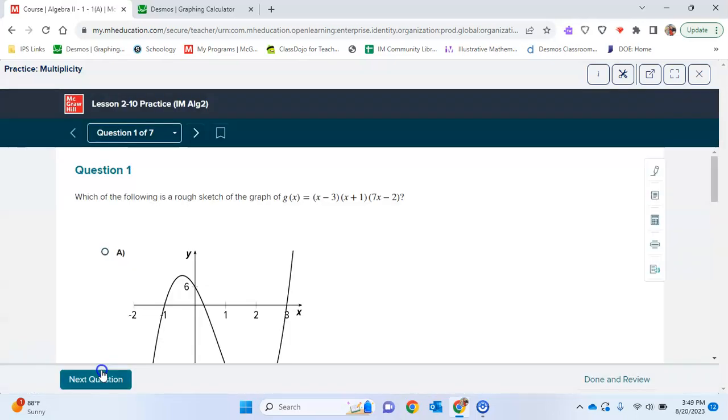Question 1. Which of the following is a rough sketch of the graph g of x equals x minus 3 times x plus 1 times 7x minus 2? Alright, so it's going to have a 0 at 3. That one does. It's going to have a 0 at negative 1. That one does. And it's going to have